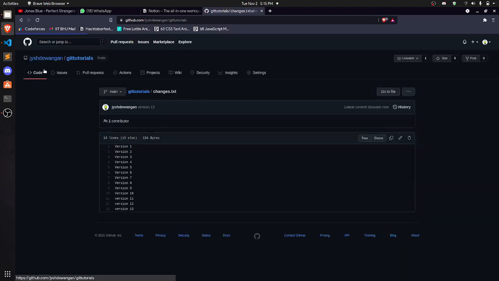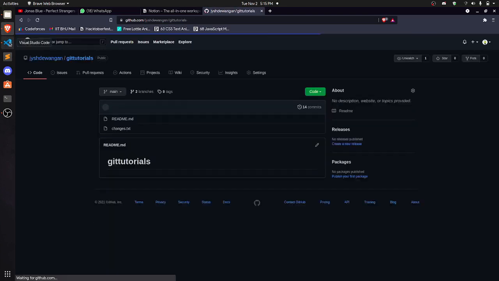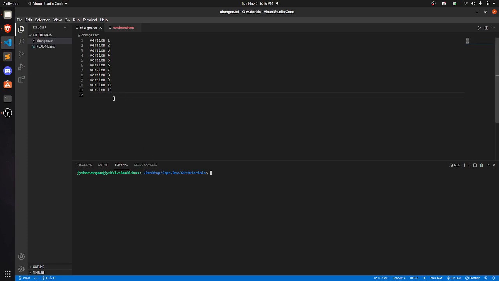So our remote repository is right now 2 commits ahead of our local repository. So we will now make sure that we are on the main branch, and we will pull using rebase. Git checkout main, and we will pull using git rebase.